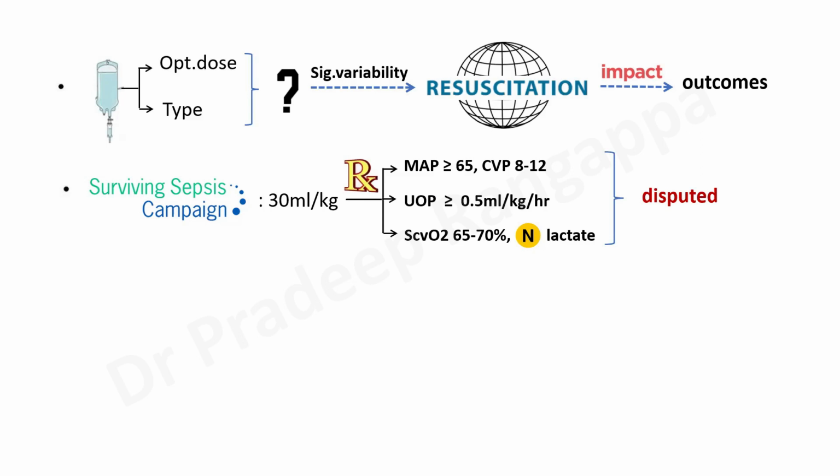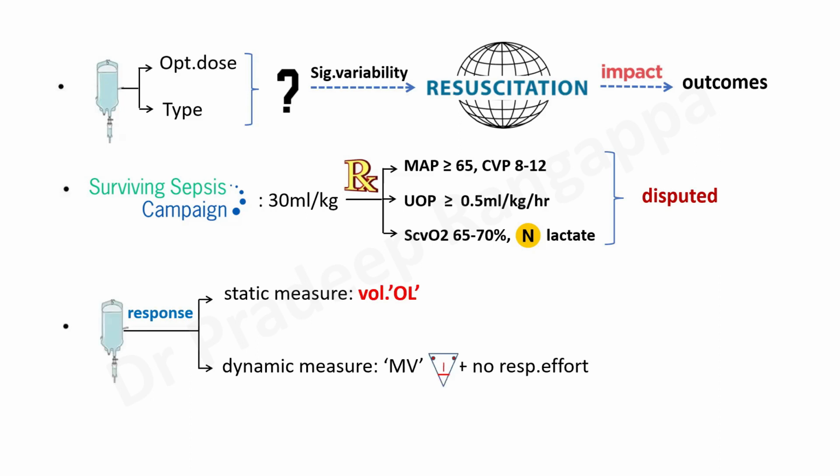But as I said, the amount of fluid mentioned in Surviving Sepsis as 30 ml per kg amounts to around 2 liters in around 1 or 2 hours. So this is again disputed. There are a lot of purists who would dispute whether this particular ballpark figure is something that we can all agree upon. But what we have increasingly agreed is whatever fluid we give, it has to be titrated to certain endpoints like blood pressure, urine output, and lactate normalization, and so on and so forth. And the fluid responsiveness,